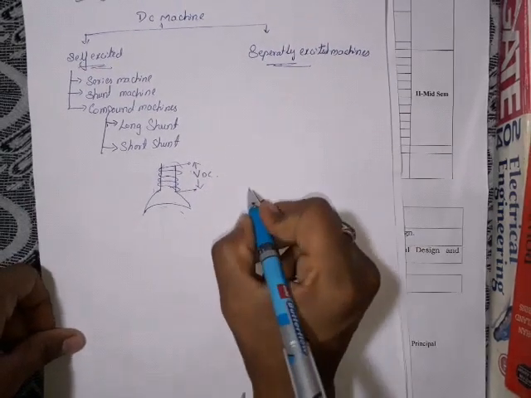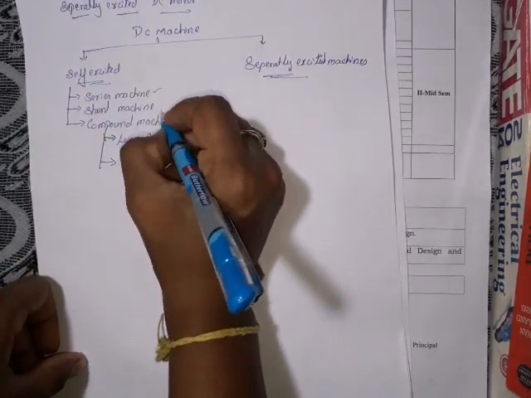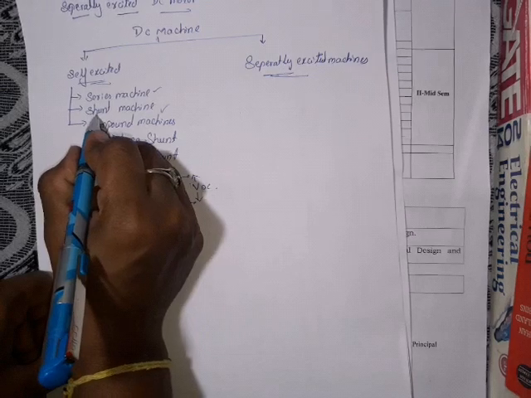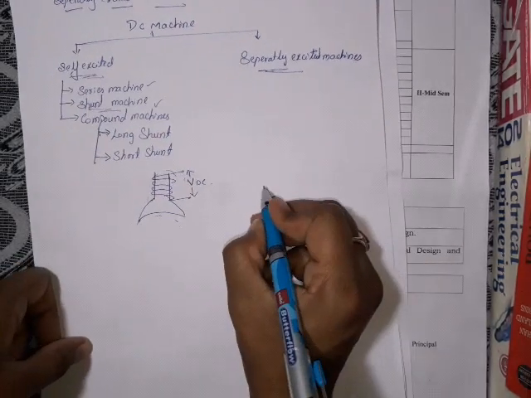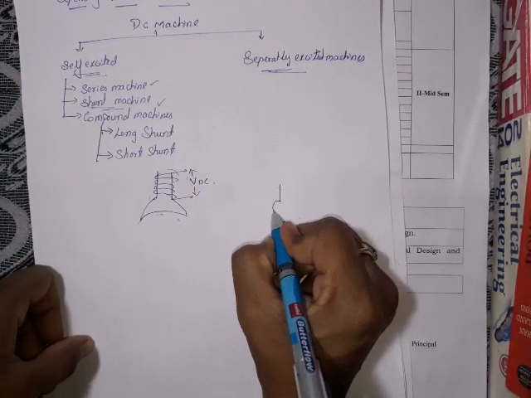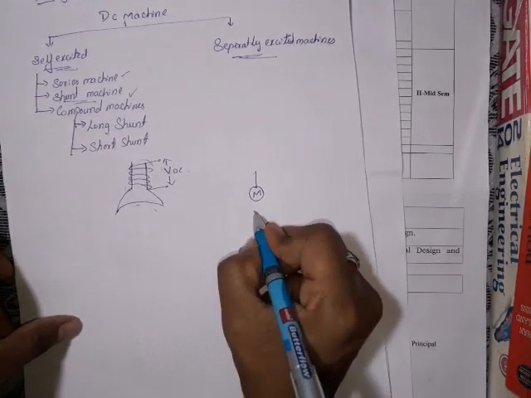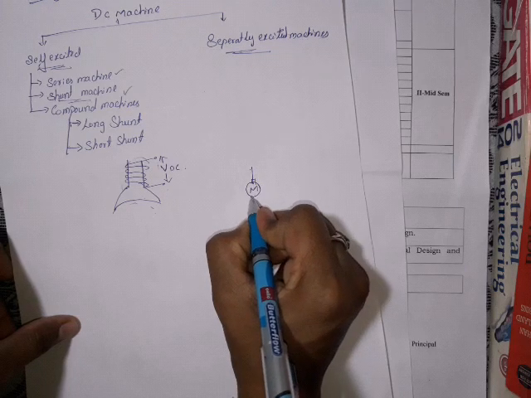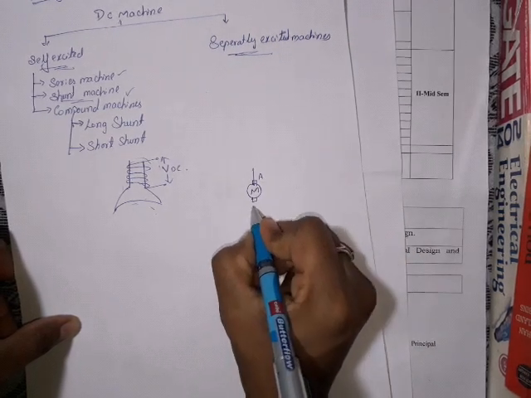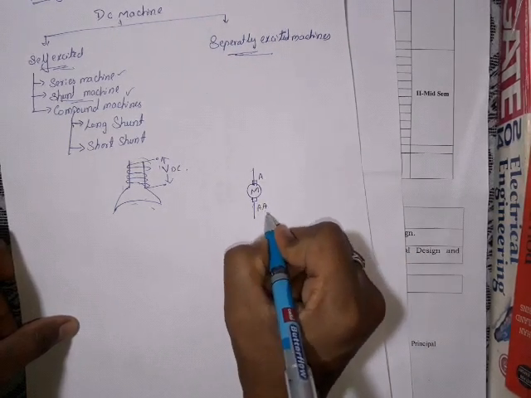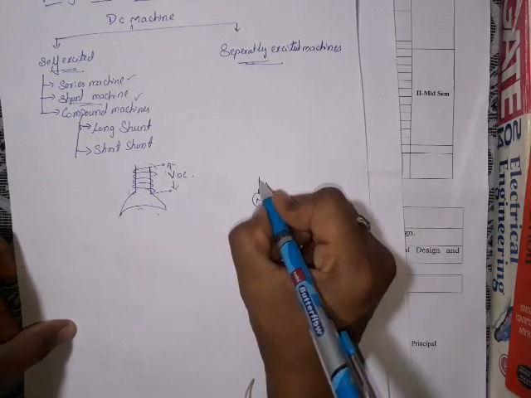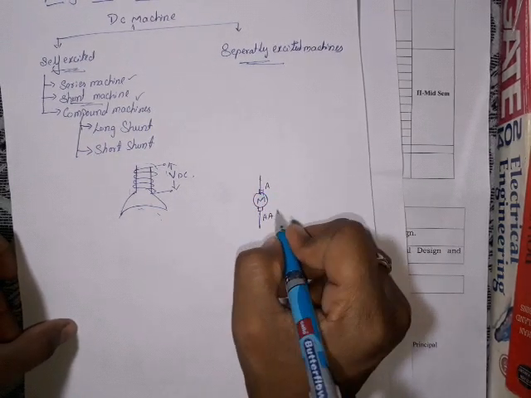In the last videos we were discussing about series machines and shunt machines. So for an example, we'll take shunt machine. So shunt machine means what? We have armature of the machine. This is armature of the machine. So here we have brushes. Armature is represented as AAA. So I hope you have seen this in the lab.